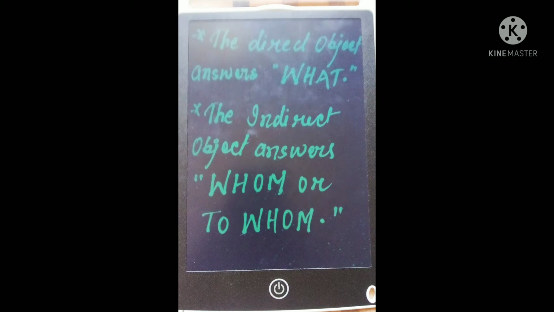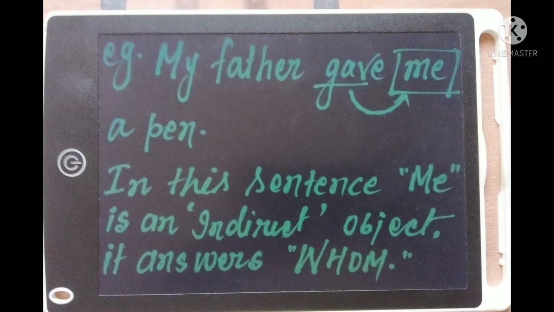As in the earlier clip, you came to know that an indirect object always comes first, followed by a direct object. Here you are watching an example: my father gave me a pen. In this sentence, you find that gave is your action, it is your verb, it is an action word, and ask the question to whom. Here me is inside a box. Why is it inside a box? Because it is indicating whom did the father give?